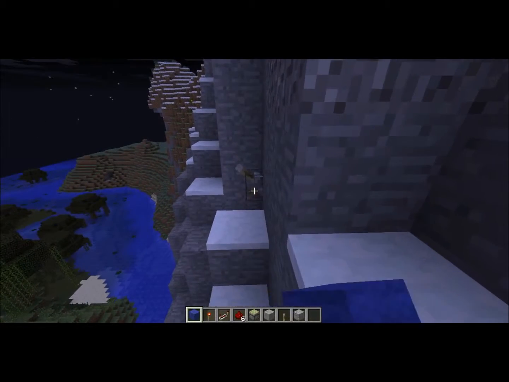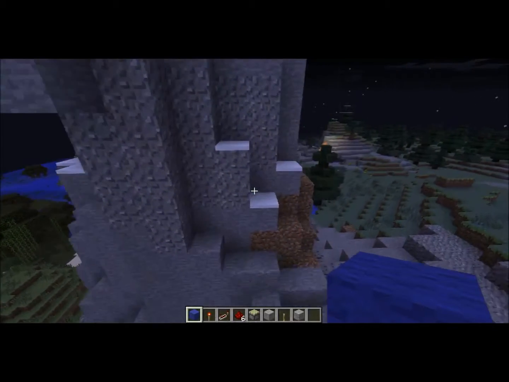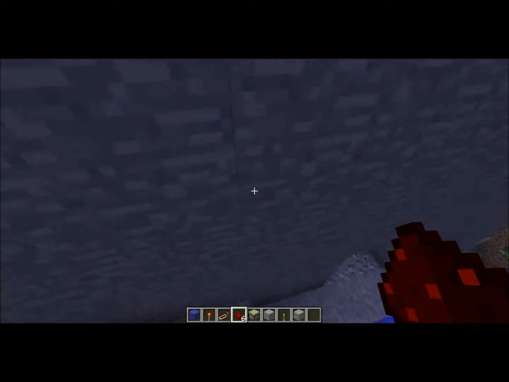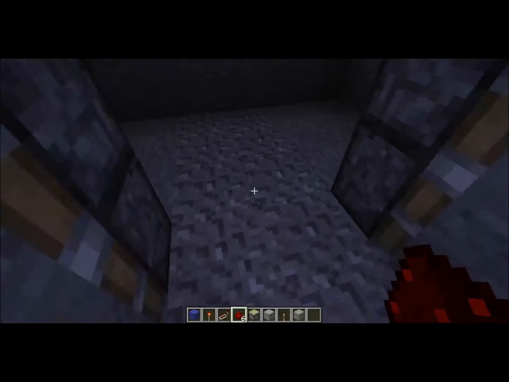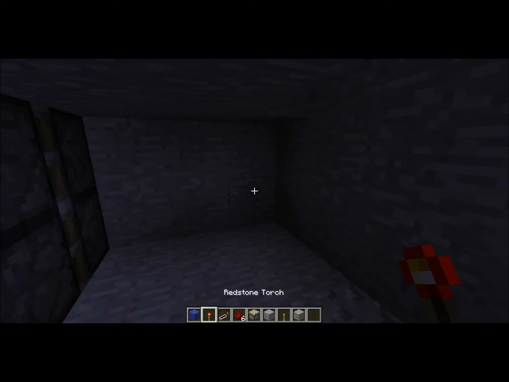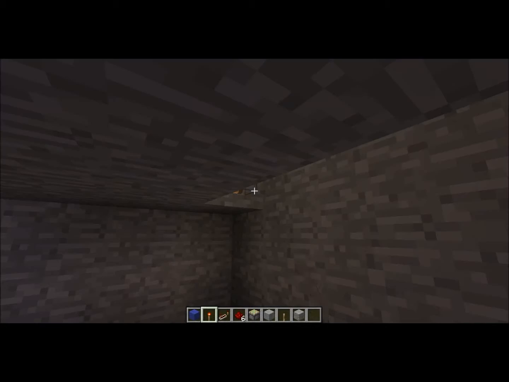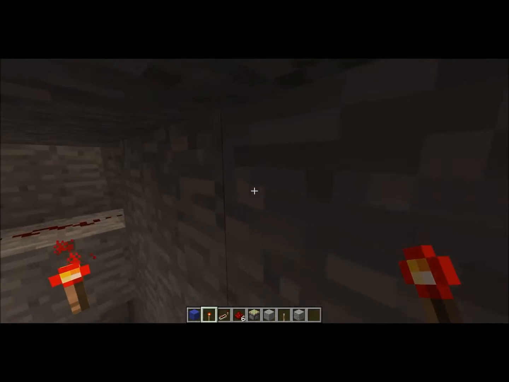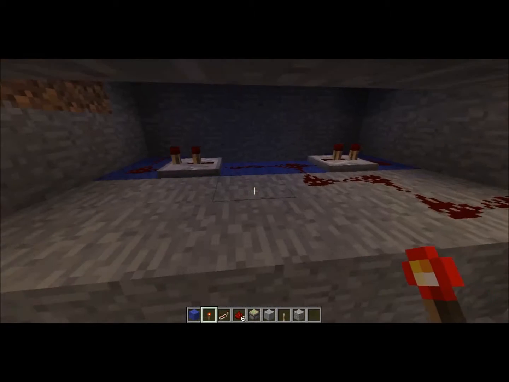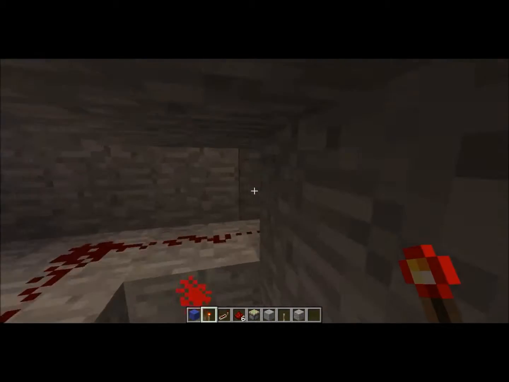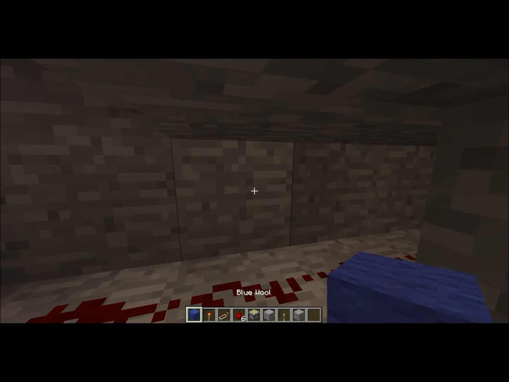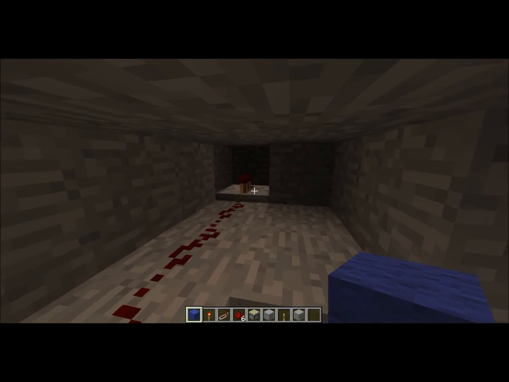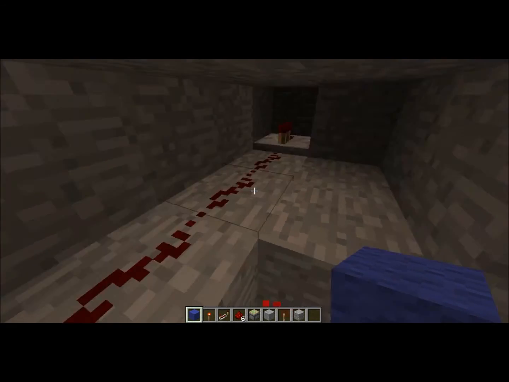Now, if you did it right, it should work. Now, it's not lit up. So you might want to put a redstone torch right here. Hopefully it doesn't interfere with any of the redstone. Oh, by the way, that's the circuit that I did to make sure that it got to the lever. I'll open it up a little bit so you can see. Right where the lever is, I put a repeater and have it face this way so it can